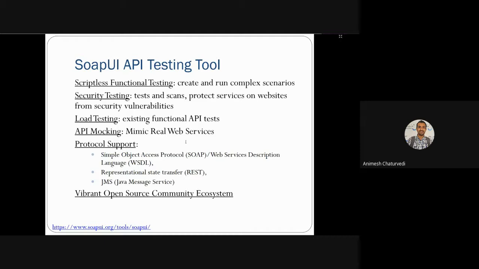So mocking means mimicking. Mimic means artificial. So you create an artificial client or artificial website, web service or desktop application, and you make requests with that API mocking. So you'll get the response according to that.